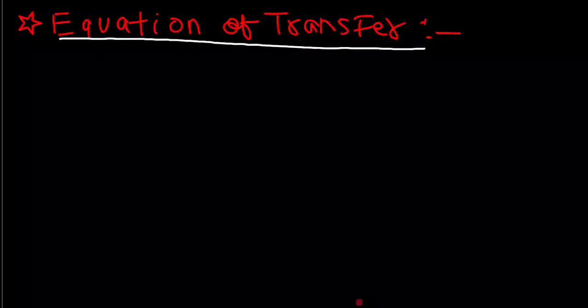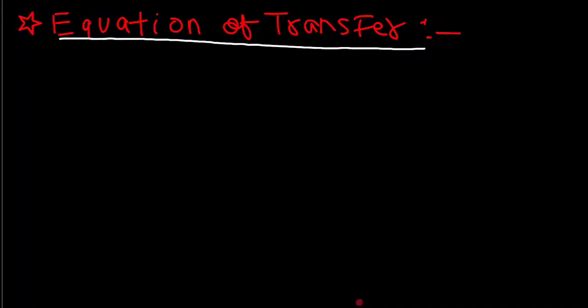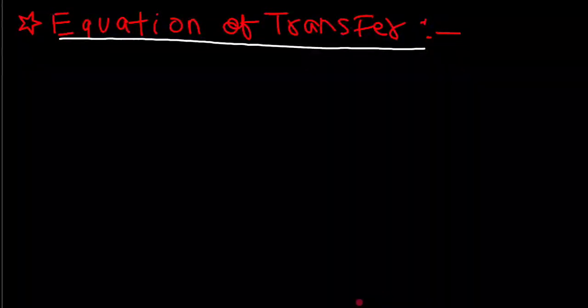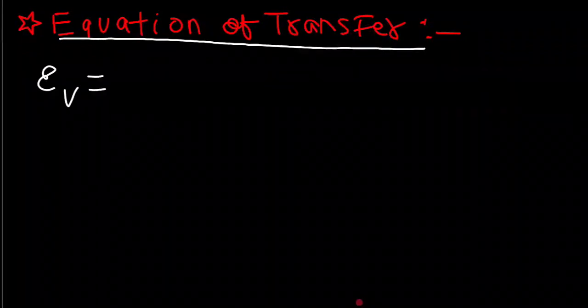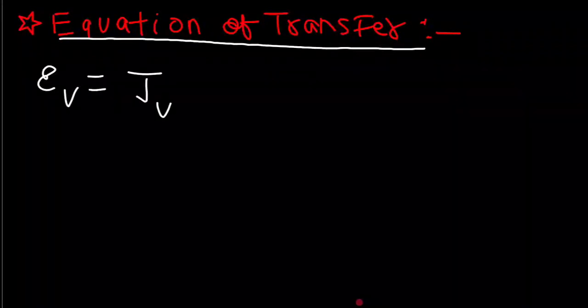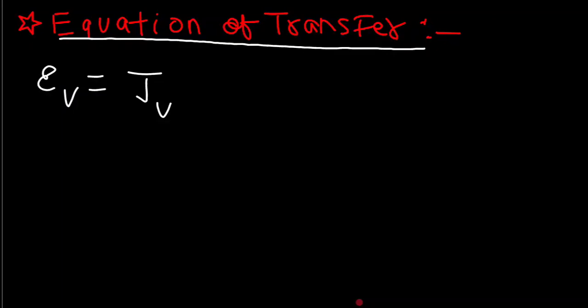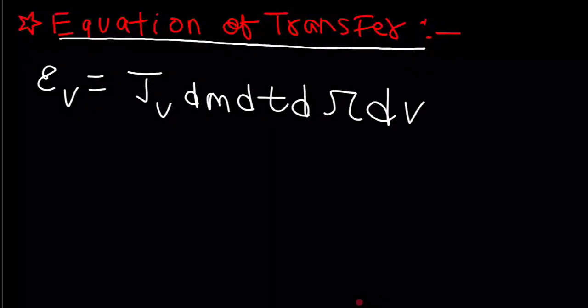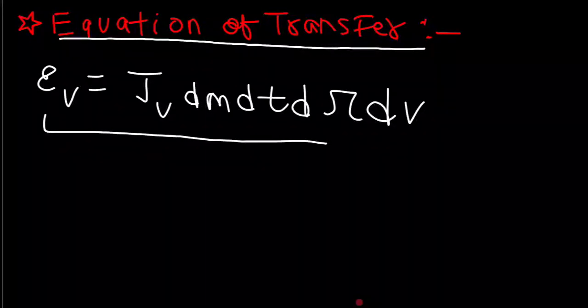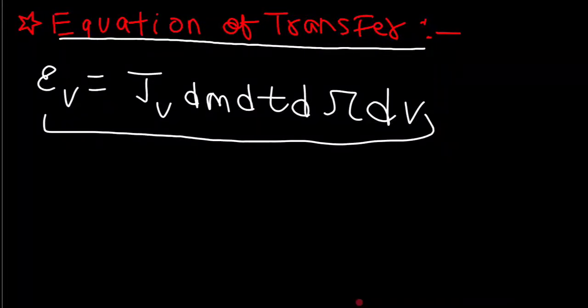The radiation emitted by a volume element or mass element is defined as E_ν equals j_ν dm dt dΩ dν, where ν is a subscript meaning frequency, and dΩ is a solid angle. This is how it's defined,